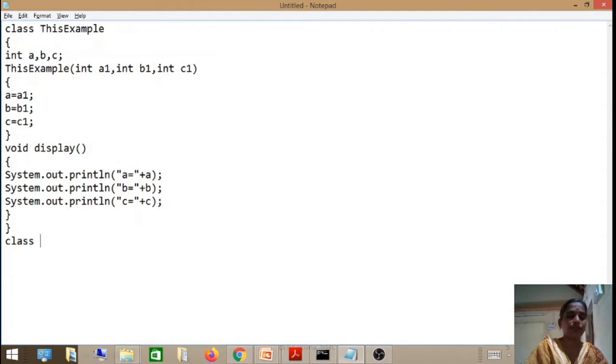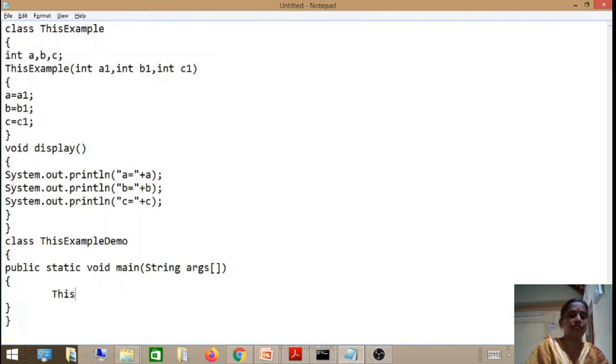Now I am going to introduce one class called ThisExampleDemo, which is going to have one main method, public static void main of String args. Here I am going to create the object for the ThisExample class. ThisExample t equal to new ThisExample.